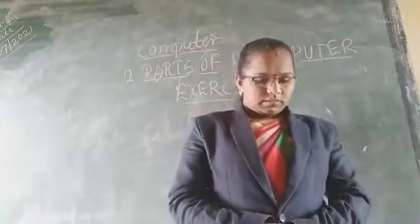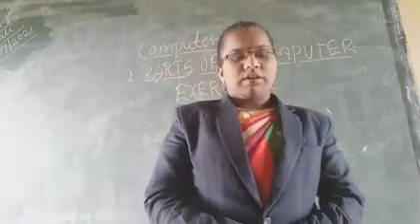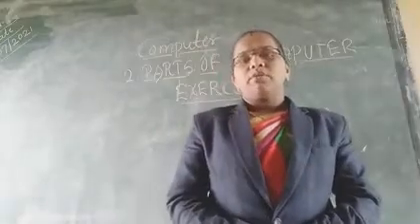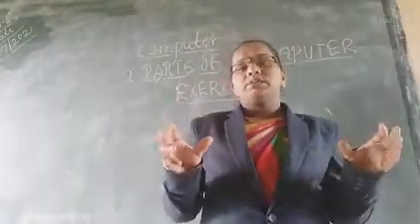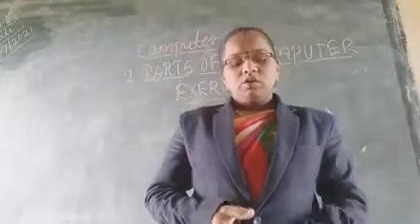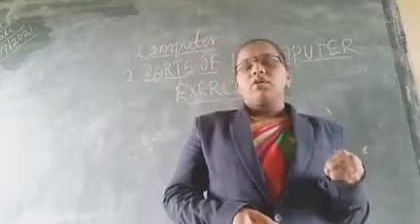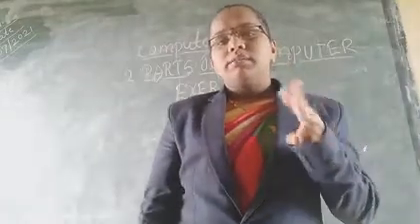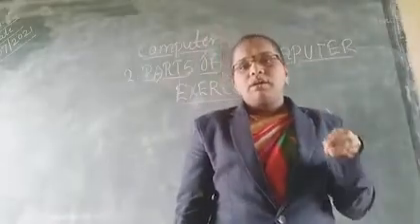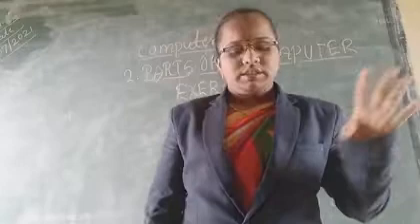Then 10th number. The dash dash has more than 100 keys on it. The options are keyboard and mouse. Already you know that the keyboard has many keys, more than hundreds. So keyboard is the correct answer because the mouse has only 3 buttons, but the keyboard always has many buttons, more than 100.